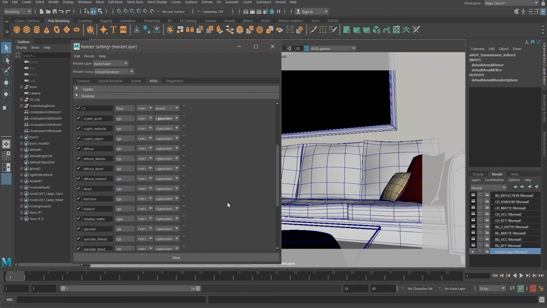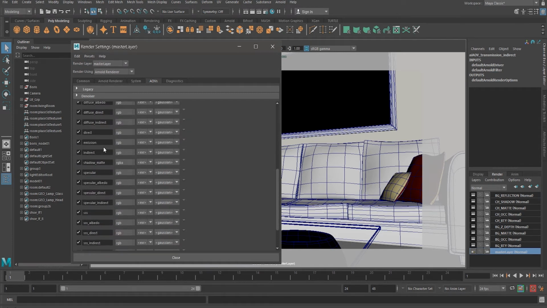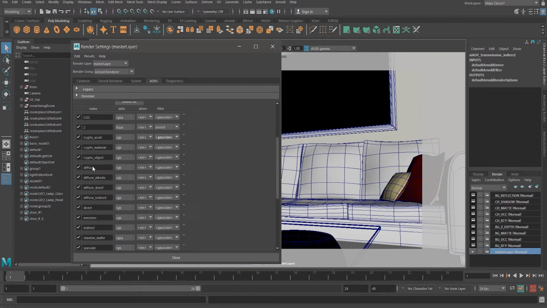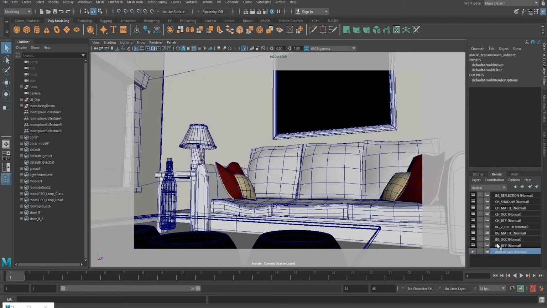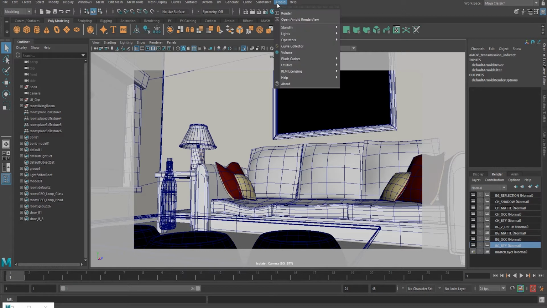So we have created lots and lots of AOVs. So just render once and let's see what all these AOVs look like. For this, I will render this BG Beauty only, and let's go to Arnold, open render view.